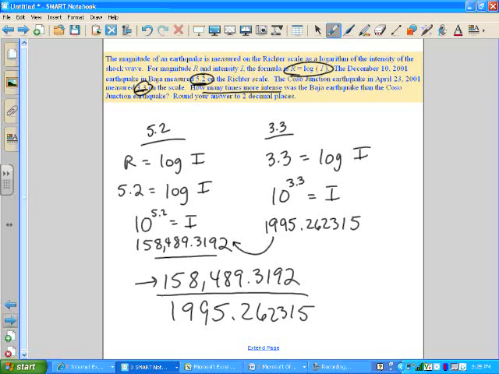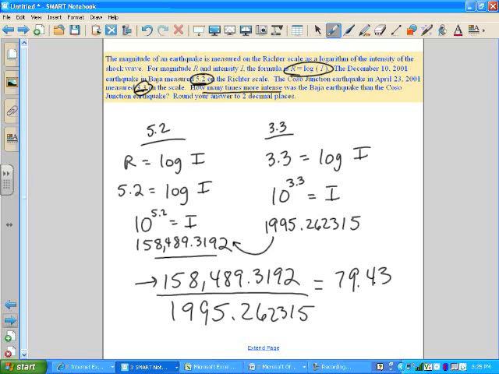I'm going to pull it up. Okay, and now I'll divide it by, and I've got that one stored in the answer, so I'll say divided by answer. Okay, now, it says to 2 decimal places, and so I got 79.43